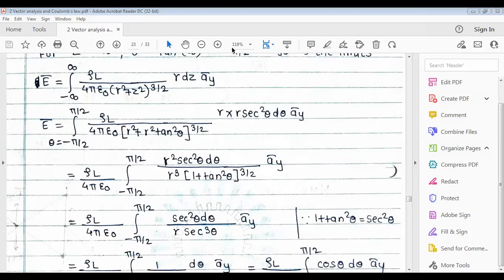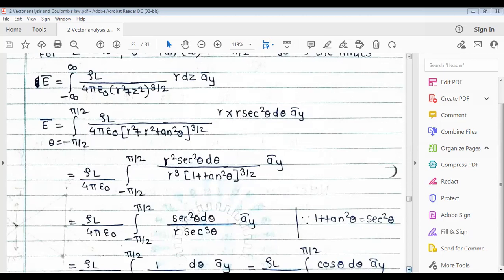Praveen? Abhishek says there 1 plus tan square theta is equal to sec square theta, and then its power 3 by 2, the 2 and 2 cancel, and therefore the cube comes. Correct, because 1 plus tan square theta is sec square theta, but again it is multiplied by the power 3 by 2. So this 2 and 2 get cancelled, and 3 will remain, therefore it is sec cube theta.